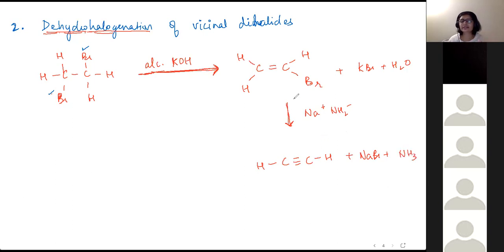So you need, as you said perfectly fine earlier, something that will take away the bromine and also take away the hydrogen. If you take zinc, that's going to act only on the bromine. So you're going to take these basic reagents. Alcoholic KOH to give you a haloalkene, which on further reaction is going to give you an alkyne.